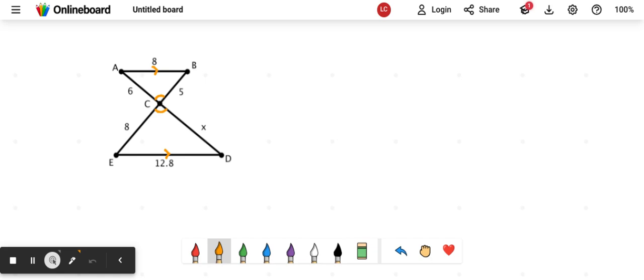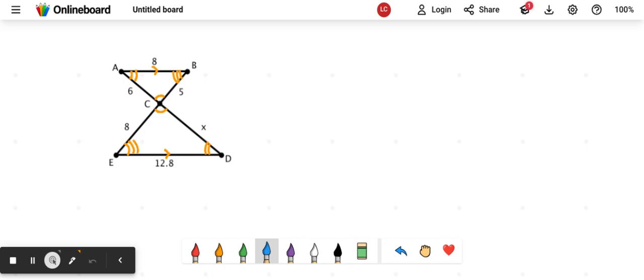I also know from last year's grade 9 class that this angle here and this angle down here are equal by nature of the transversal line intersecting the two parallel lines. And then I'll use 3 lines for this last angle. There we go. So now I can match up some corresponding sides using those angle markers to figure out which